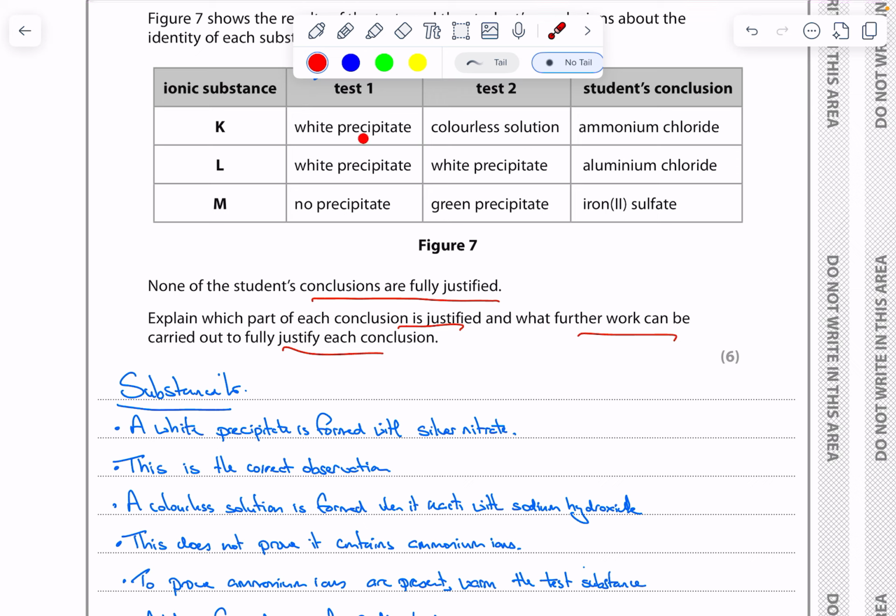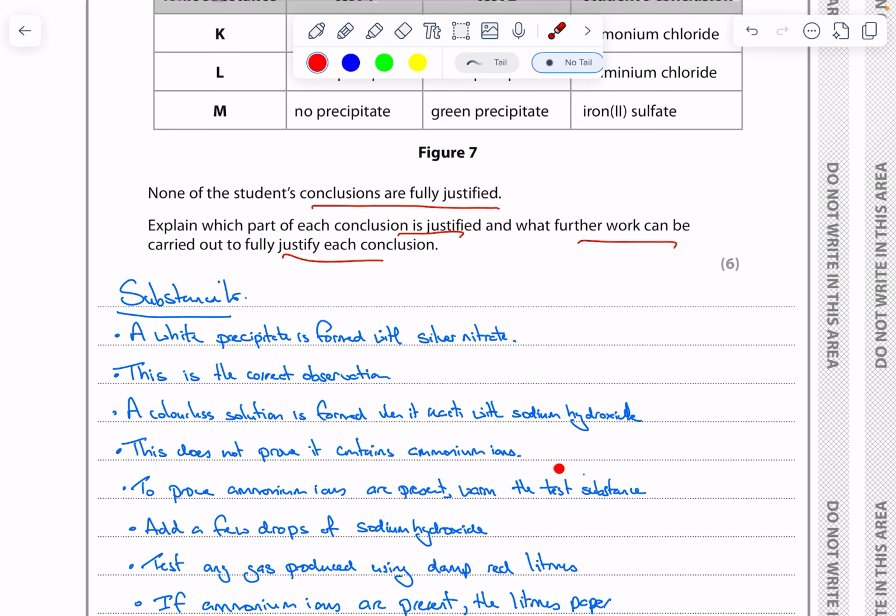We get a white precipitate, which is fine with silver nitrate because this contains chloride ions, and therefore we expect a white precipitate. With the sodium hydroxide, we get a colourless solution being formed, but that doesn't prove that it contains ammonium ions. So what we have to do then, to prove it contains ammonium ions, is warm the test tube with the sodium hydroxide in,